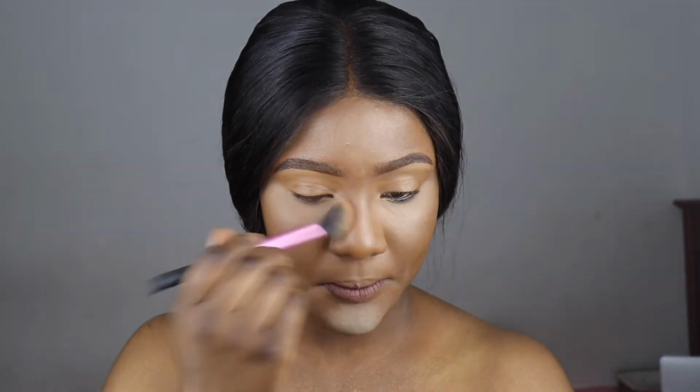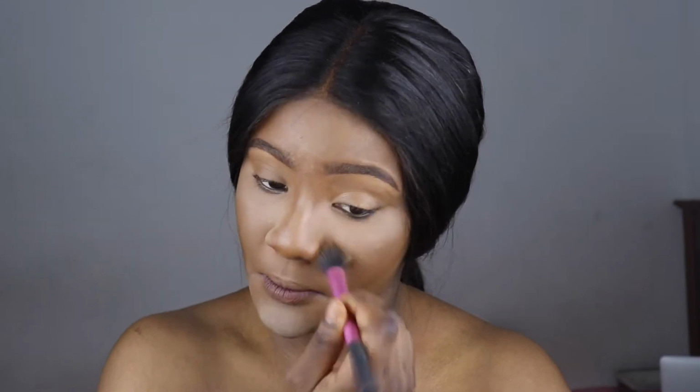Now that this is all blended in, for my everyday makeup, I do not bake my face. I don't bake my face at all. I use a face powder to just set under my eyes and the parts I would highlight. To do this, I'll be using my Real Techniques setting brush. I'm going to be using my Afro Glam Cosmetics powder. This is what it looks like, and I'll be using it in the shade Walnut. I'm just going to use this to blend the parts I've set,